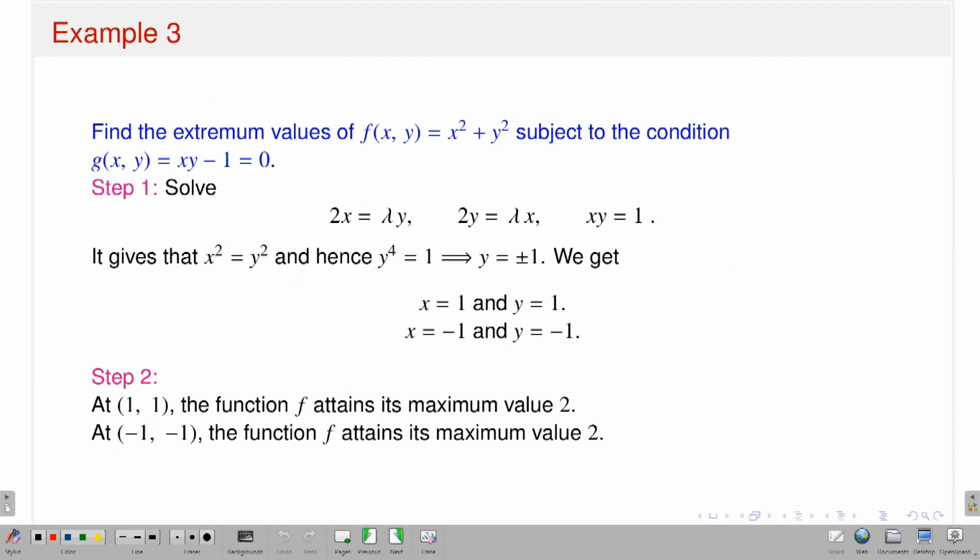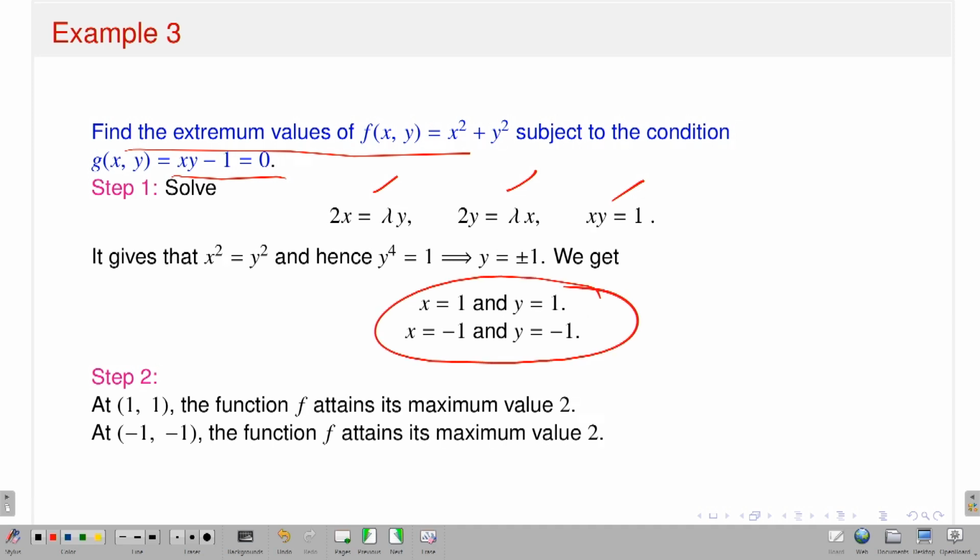Okay, another example. Find the extremum values of these functions subject to the condition xy minus 1 is equal to 0. Okay, again we have three equations. Del f del x is equal to lambda times del g del x, del f del y is equal to lambda times del g del y, and g of x y is equal to 0. So the first one gives you this equation, the second this one, and xy is equal to 1. You have three equations, and then if you solve it, then I think you will have these solutions,